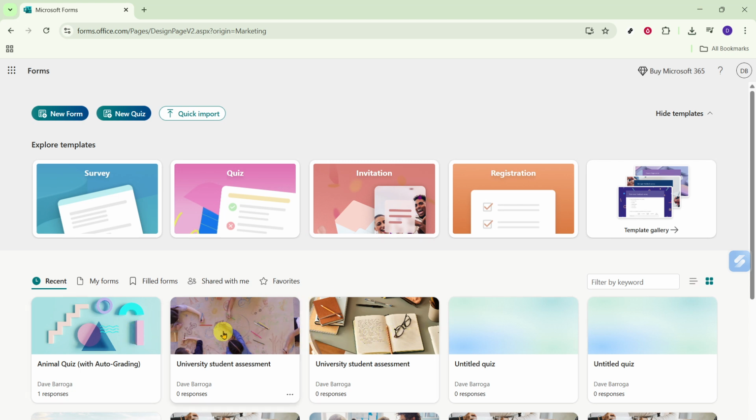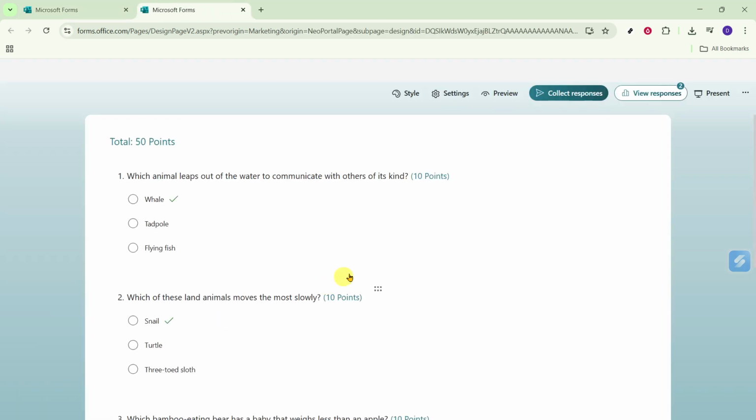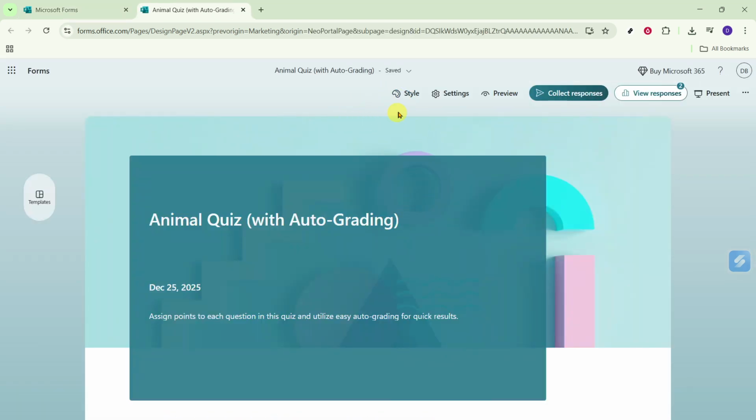Start by opening Microsoft Forms in your web browser. Once you're on the design page, pick the form or quiz you want to work on. It might be something like an animal quiz or any survey or questionnaire you've already created. Opening the form brings you into the editor where you can adjust questions, settings, and, most importantly for today, the